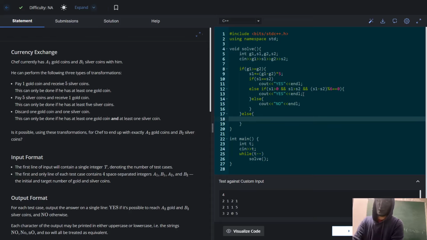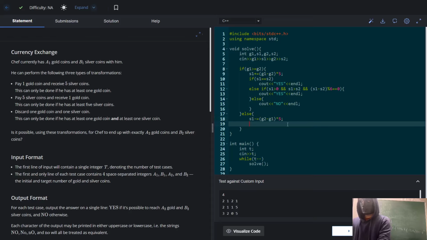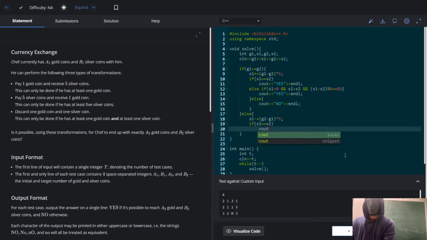Now when we are in the else condition, which means initial gold G1 is lesser than G2, in that case your silver coin will be made into gold coin. Basically 5 silver coins will be taken and made into 1 gold coin. That is done by basically (G2 minus G1) * 5. And we'll be checking again if silver 1 is equal to silver 2, because golds are not equal, silver you will have to check. So if both are equal,